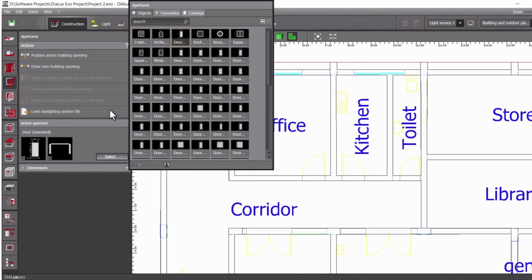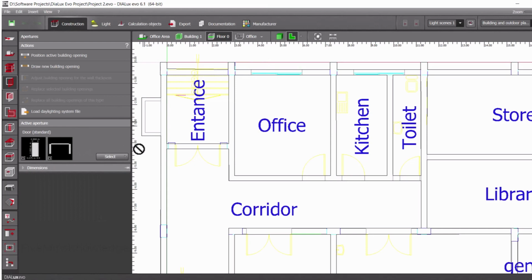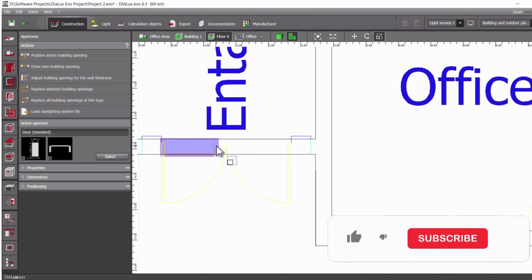So let's take this door and drag and drop it here. You can move and adjust like this. You can scale this to adjust the size of the door,